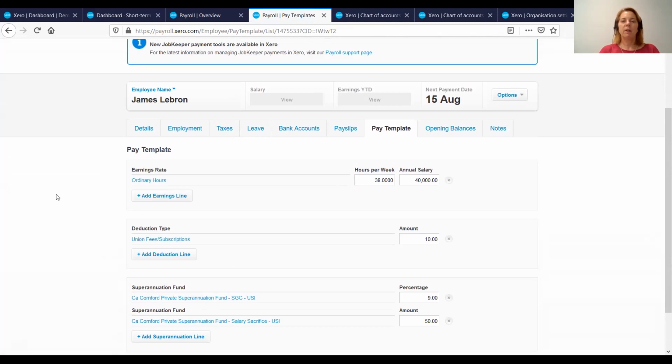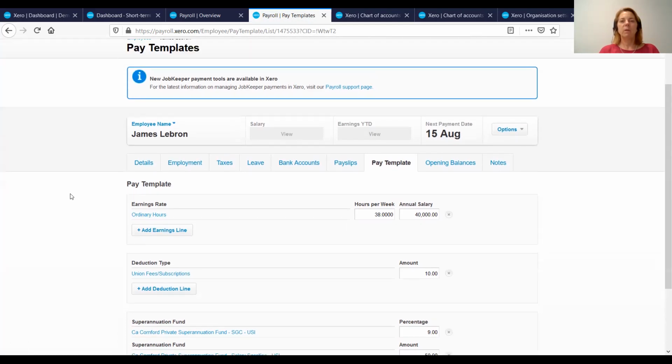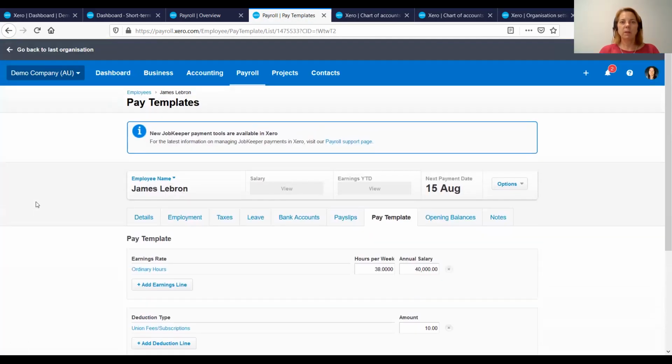And then when you run a pay run, it brings all of that in automatically. And then the only thing you have to do then is change if they've got leave that's gone through, or if they've worked extra hours, you would add those in. If it's a casual employee, then you would go in and change their hours anyway. So to run a pay run, if you go into